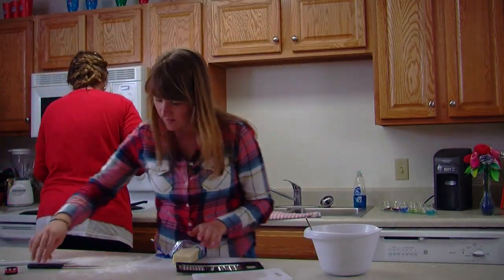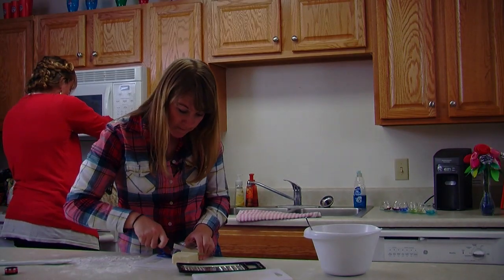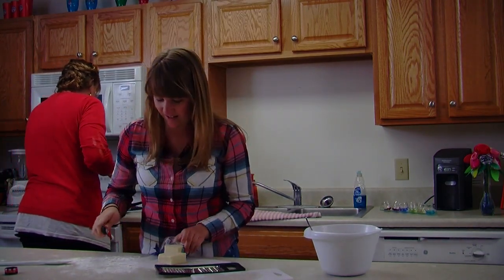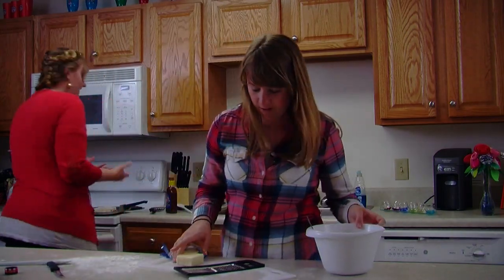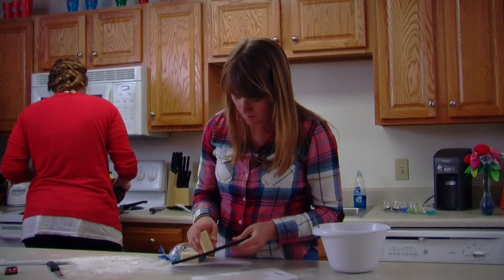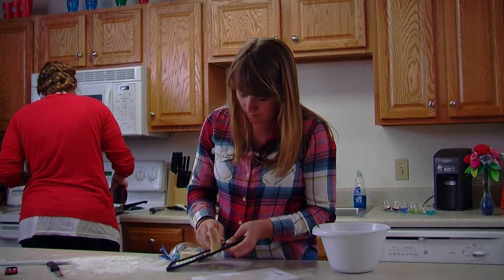I'm gonna cut this. See how this is doing. Ah, beautiful. Okay, ooh, that looks really good. This is perfect. Good job. Because you just want to brown it a little bit so it just gets cooked a little tiny bit. Then we're gonna put